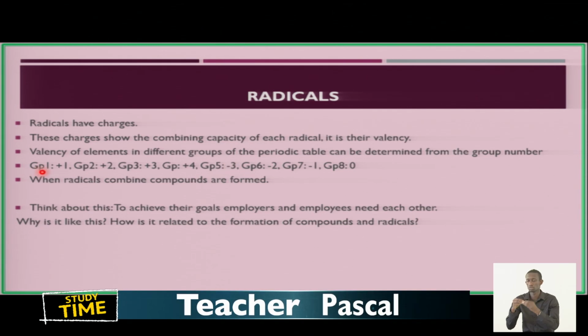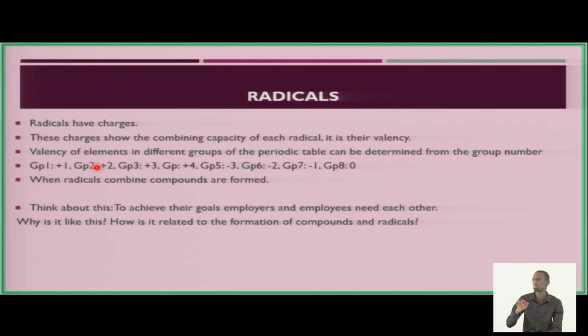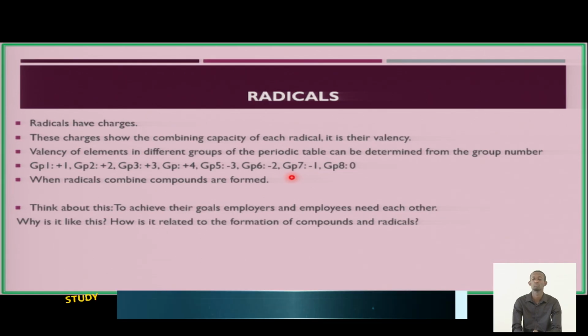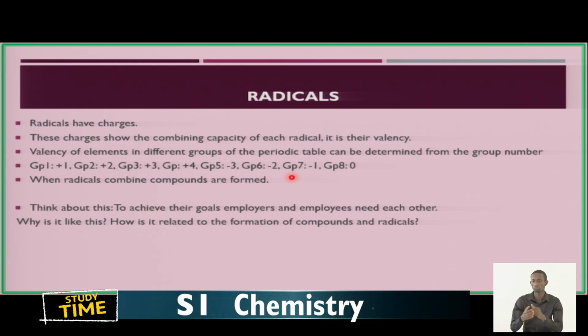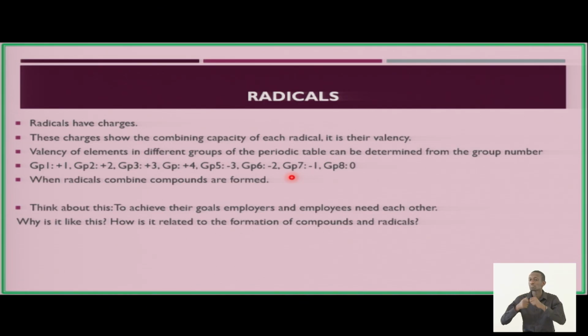For group 1, the valency is 1. For group number 2, the valency is 2. For group 3, the valency is 3. And for group 4, the valency is 4. But when you go to groups 5, 6, 7, then to find the valency of an atom in the nonmetals, you take 8 minus the number of the group in which